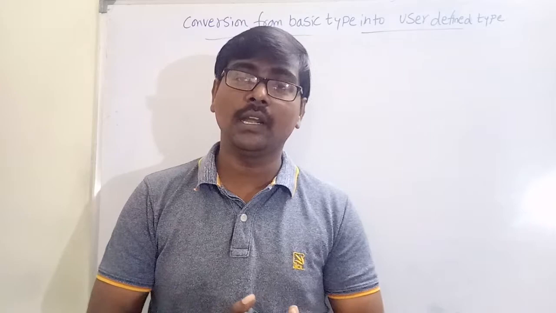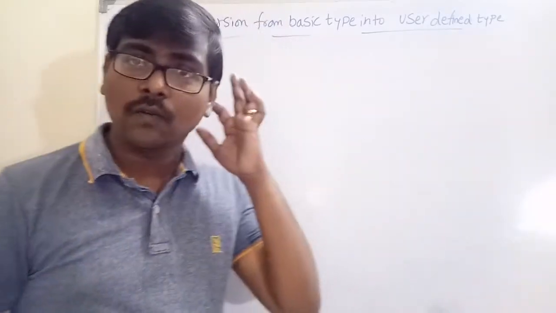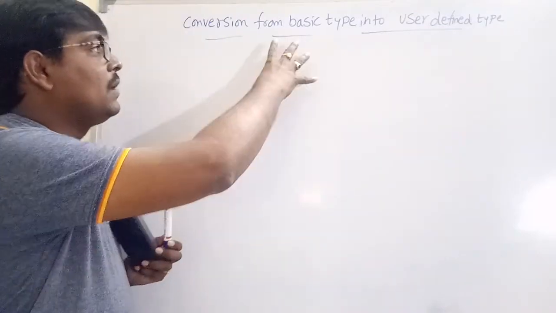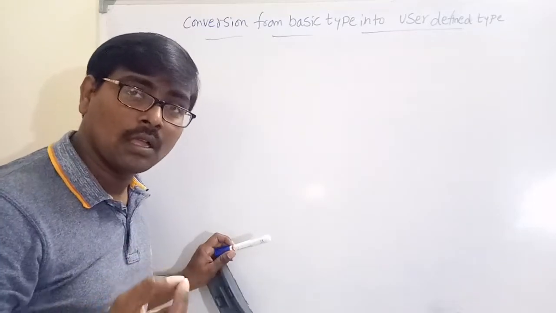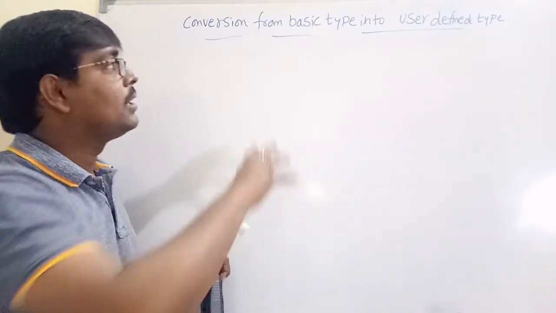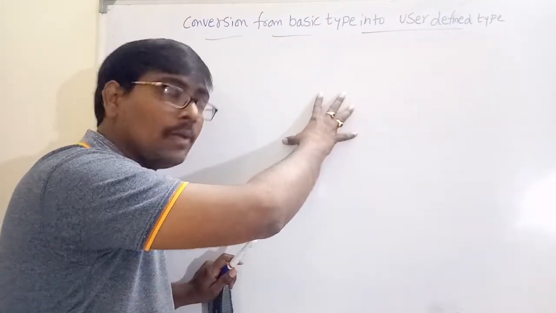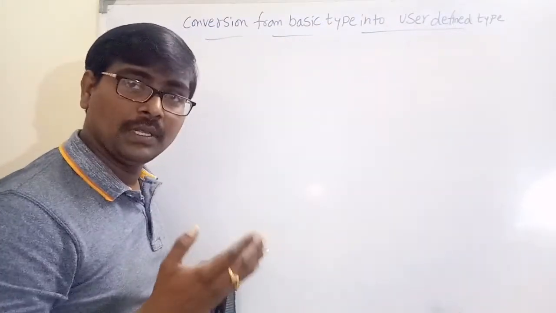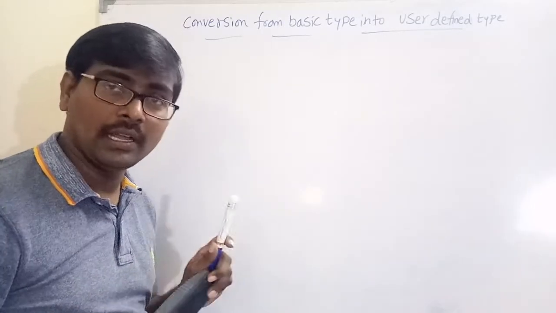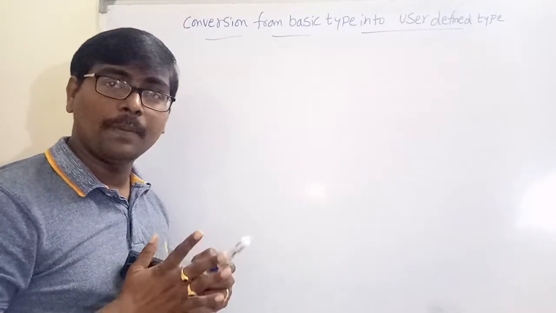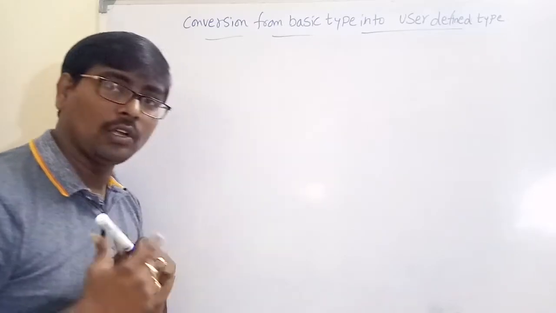What do you mean by basic data type? Basic data type is simply a primitive data type, that is integer, float, character, etc. Convert this basic data type into user defined data type, that is of type class. Assume this basic data type is a lower type and user defined data type is a higher type. To convert from lower data type into higher data type, no cast operation is required. No typecasting is required. Then what to do?